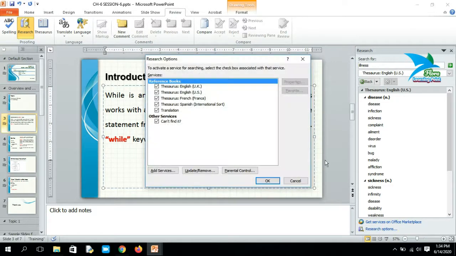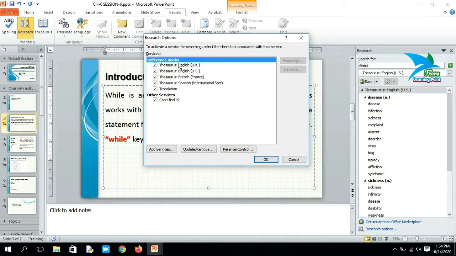So for example, presently when you click on this research option, it shows a list of thesaurus sources from where MS PowerPoint is fetching the words into this list.